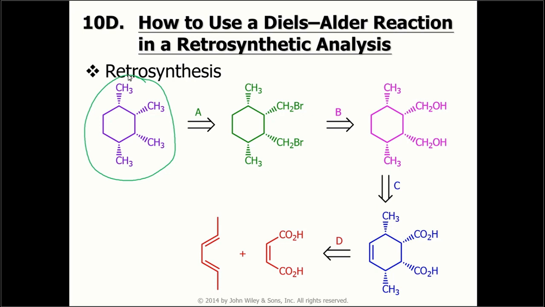So we could imagine this molecule having come directly from this diene and this dienophile. But it doesn't quite work out. These methyl groups don't have any pi electrons, so there's no reason for them to go